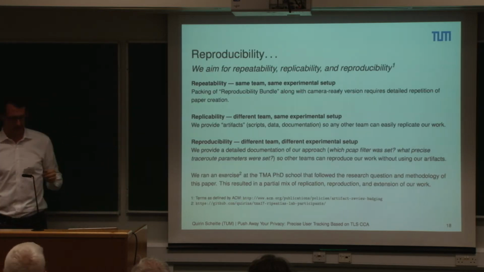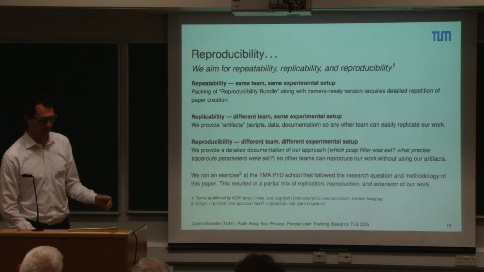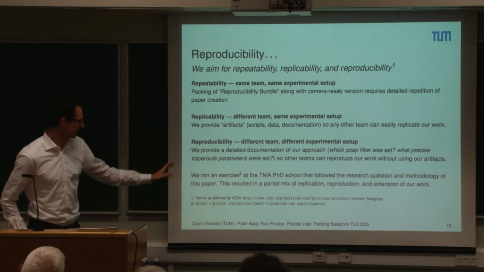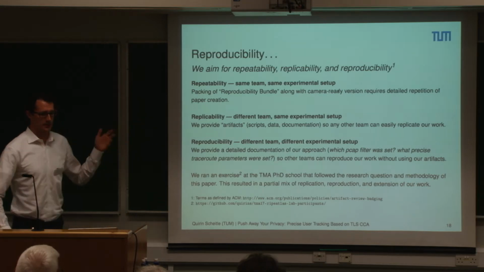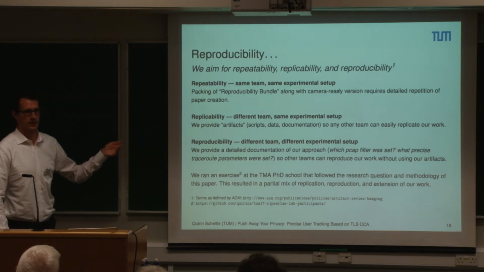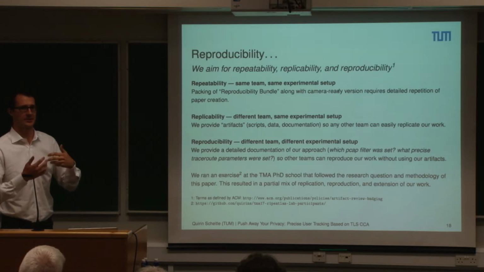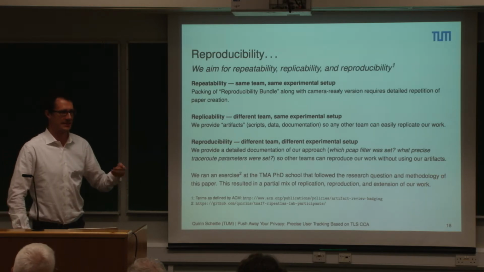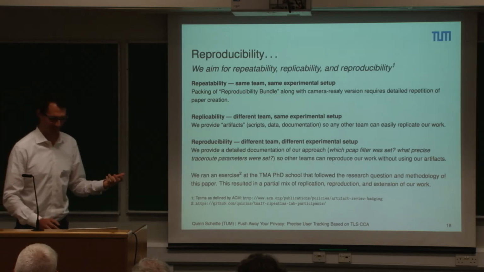And another topic I'm passionate about is reproducibility. So what we aim for is for this to be repeatable, replicable, and reproducible, which is defined by ACM. Repeatable, so what I did is once you prepare the camera-ready version, you go through your code again. You see, can I actually do this again myself? And then pack up a nice bundle for others to use. And that way I can say, yes, I can repeat it. I can run my own stuff and I get the same numbers.